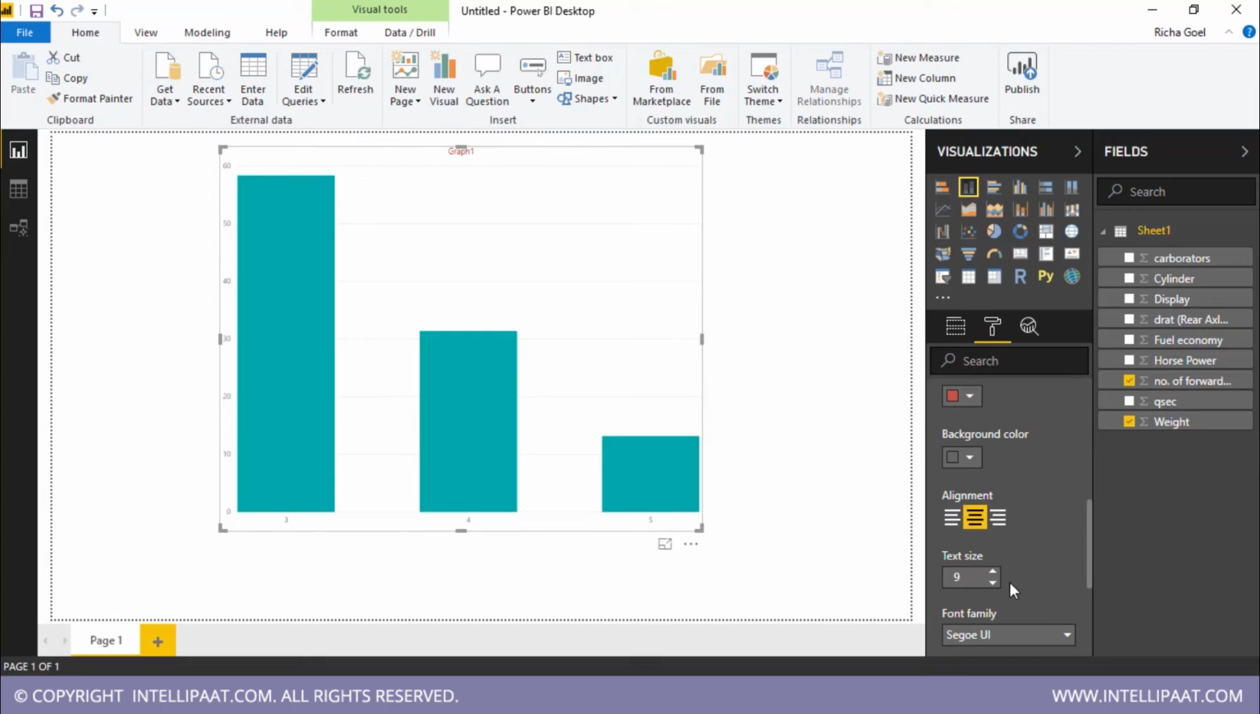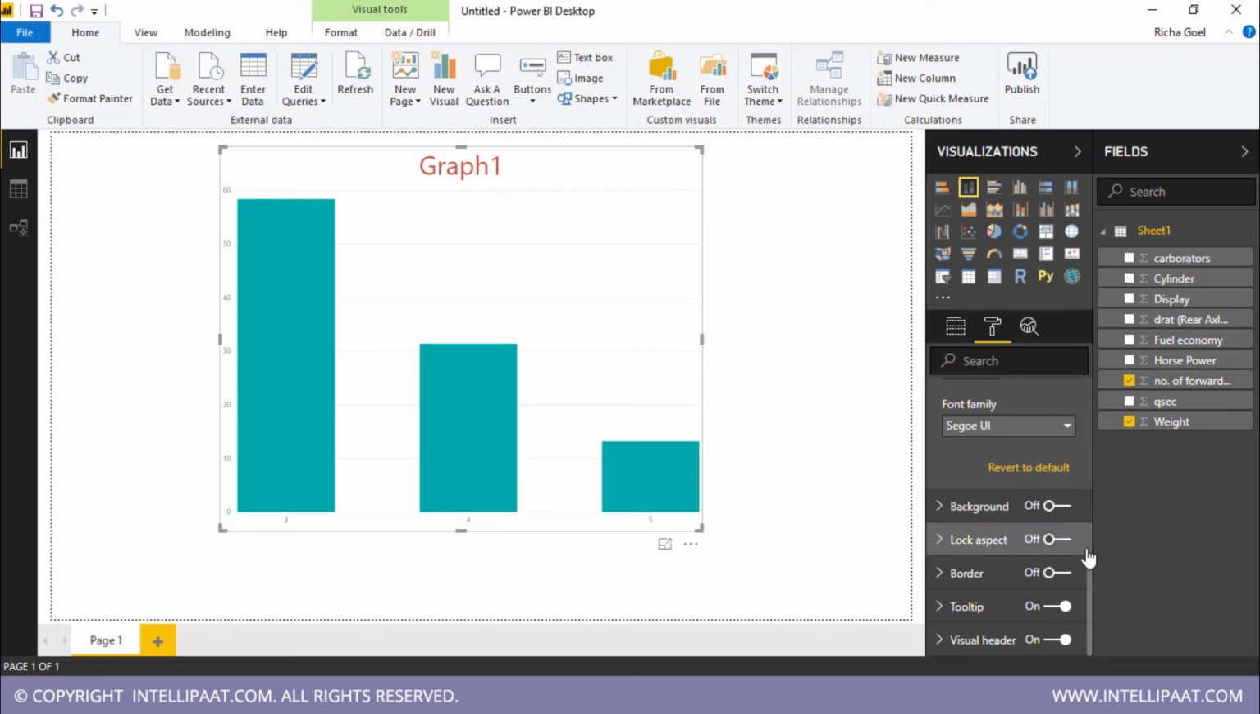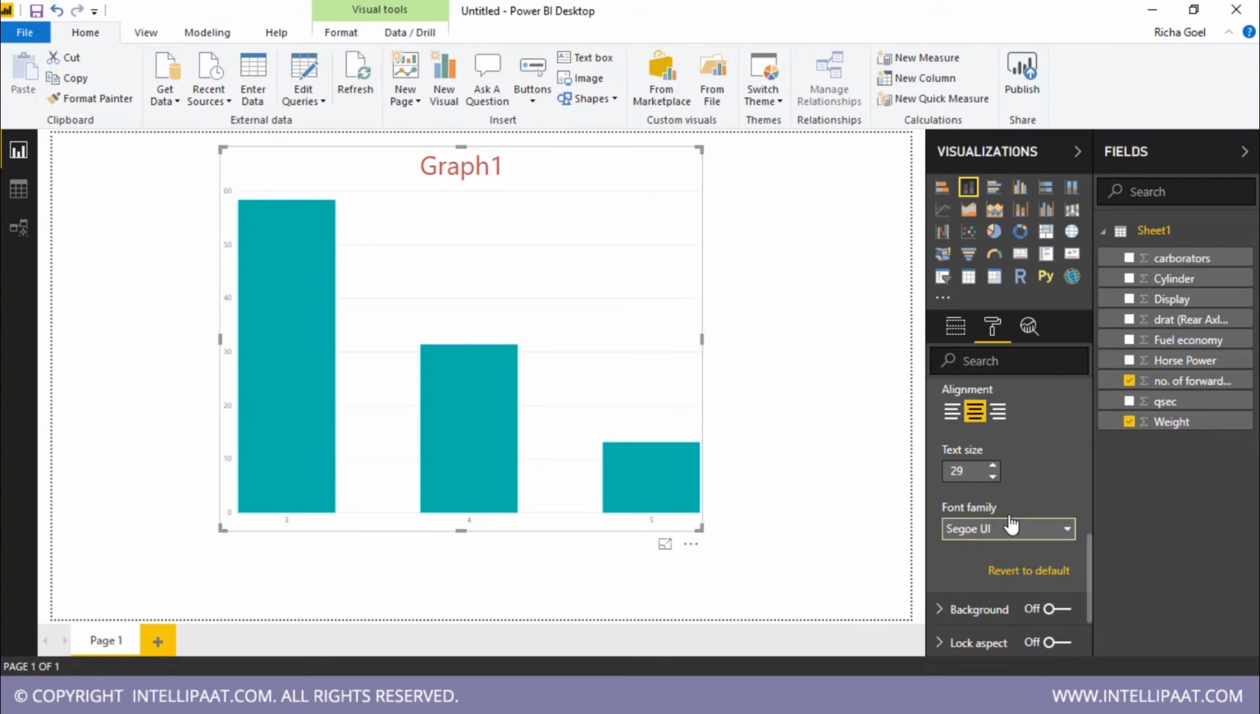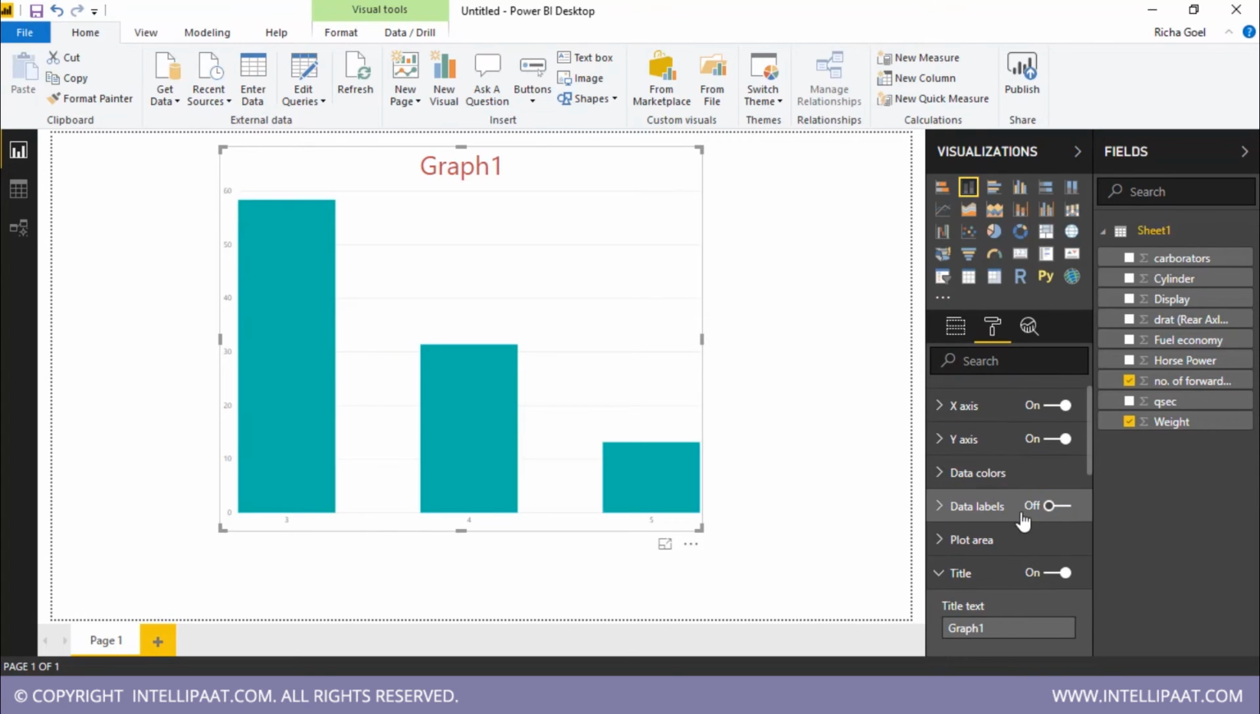But still it is not clearly visible. So I'll increase the text size. As you can see, now it is kind of visible. I will switch on or enable the borders. Okay. And on top of that, I will make sure that data labels are on. So what happens with data labels is that you get instantaneous data. I mean, look at the graph and you can judge. If you don't want this, you can simply move your mouse cursor over here and you will find data. So on taking my mouse pointer over here, what I can see is that number of forward gears is 3 and weight is 58.39. Over here, number of forward gears is 4, weight is 31.40, and that is how the